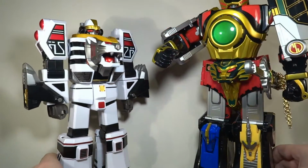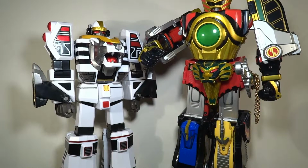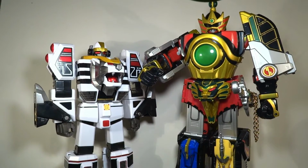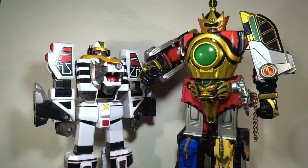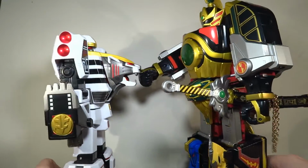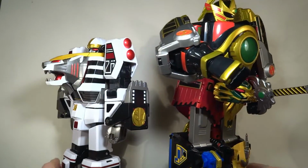And he's kind of pushing. He's so tall. That Megazord is so tall. It's ridiculous. But that was always kind of the thing. He was too tall. I think he's too tall. It just kind of annoys me. They should line up nice, but no. A clear head taller than the Tigerzord. But